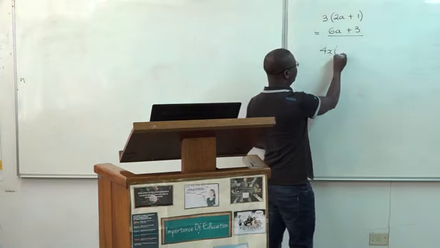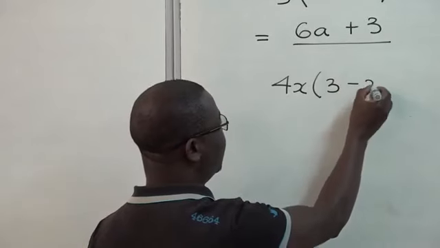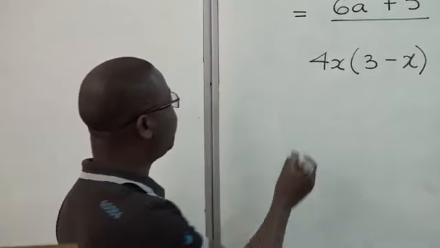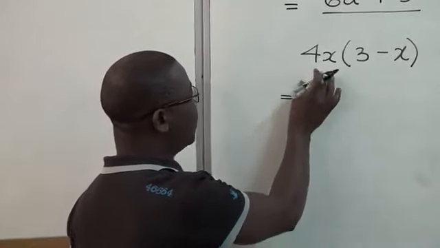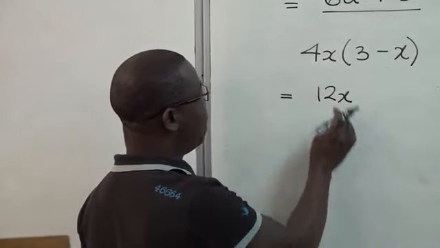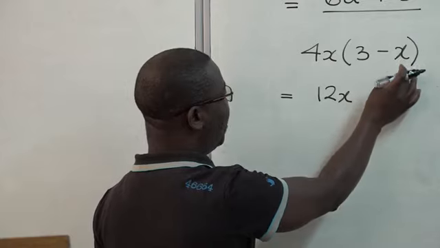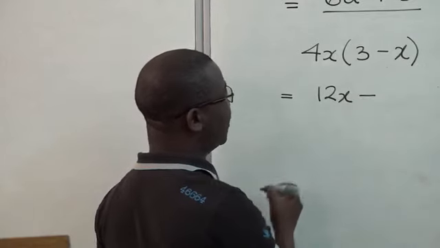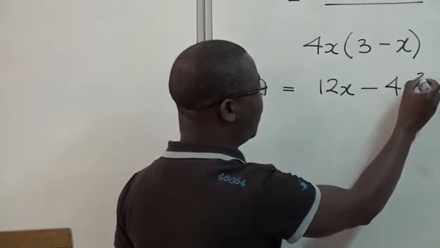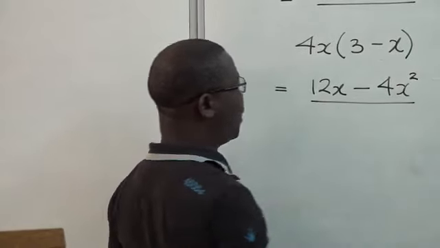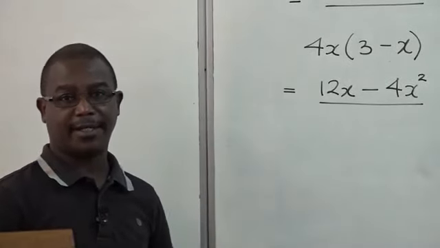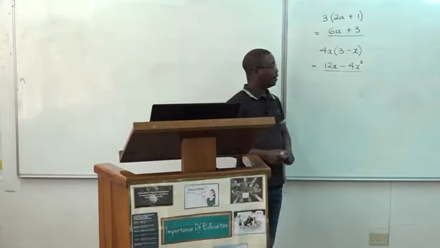4x in brackets (3 - x). Very, very similar to the first one. 4x times 3 gives us 12x. 4x multiplied by minus x, the sign changes to a negative, and our result is minus 4x squared. That becomes the product of 4x and (3 - x). The next